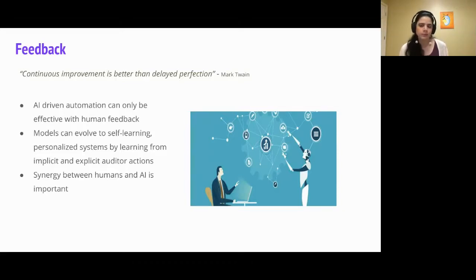And how can they improve? By observing what the auditors are doing and getting their feedback. Observing their actions, both implicit and explicit, can help the AI models learn the behavior of the auditor, and help the models give a more customized experience to that company, because auditors from different companies can have different behaviors. If our models can learn that, they can offer a more customized experience. So the key important thing in this proposal is that we are not removing the auditor from the loop. In fact, the human auditor is